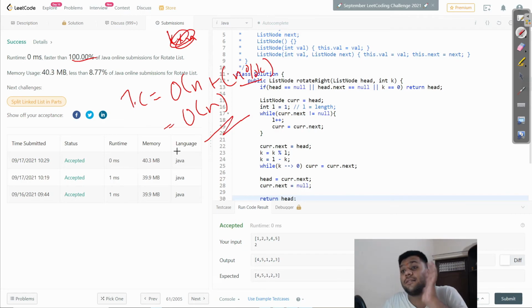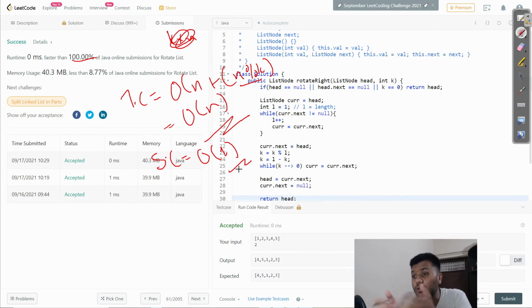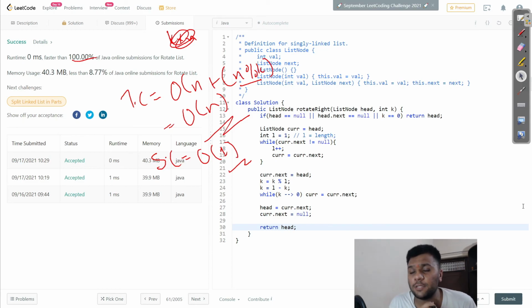So, ladies and gentlemen, that's why I told you to think a little more, in an easy way and with a good approach. In the starting phase I also went with k into n, but by practicing and improving it a little bit, it's okay. All right, so what else can I do? I have to tell you my space complexity. The space complexity in this one is big O of 1. Why big O of 1? Because we are not using any extra space or extra memory over here. So that's all the code, ladies and gentlemen. I hope the code is very clear. It's a very easy question.